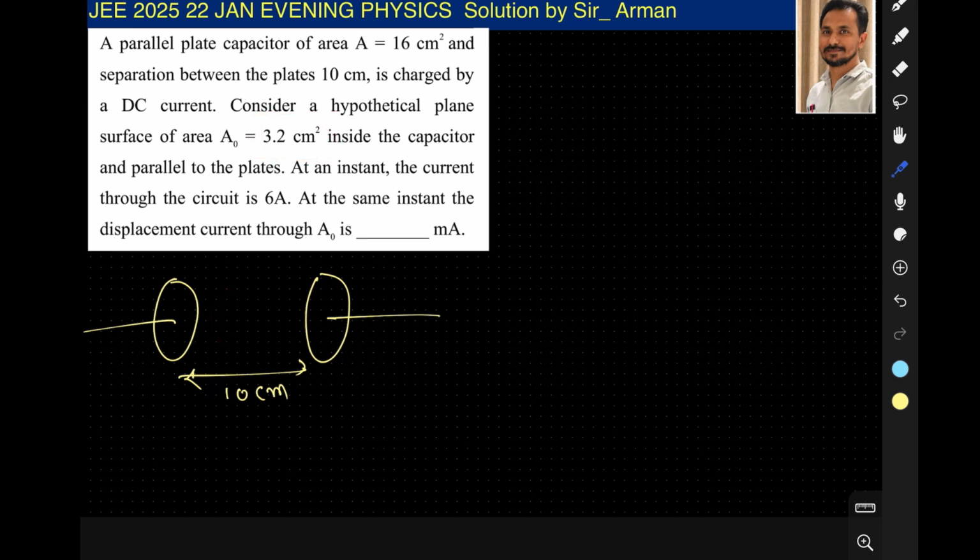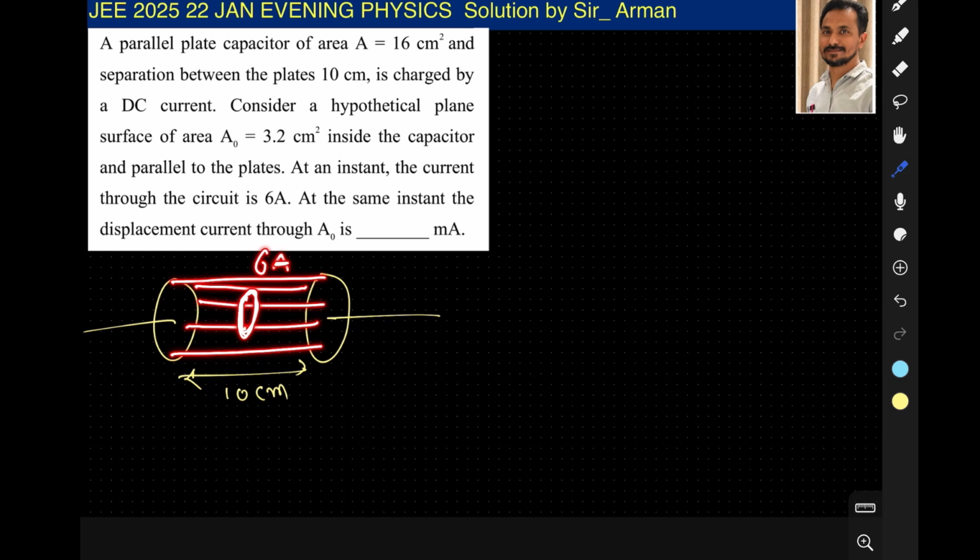जो एरिया यहाँ दिया है वो है 3.2 सेंटीमीटर स्क्वायर इनसाइड द कैपेसिटर। At an instant the current through the circuit is 6 ampere, सो करंट हमें दिया है 6 एम्पियर। At the same time the displacement current through A naught is, तो ये जो पूरा कैपेसिटर है, कंप्लीट कैपेसिटर में जो टोटल करंट है वो 6 एम्पियर है, और हमें पूछा गया है कि ये जो स्मॉल एरिया है इस एरिया में से कितना करंट जाता है।